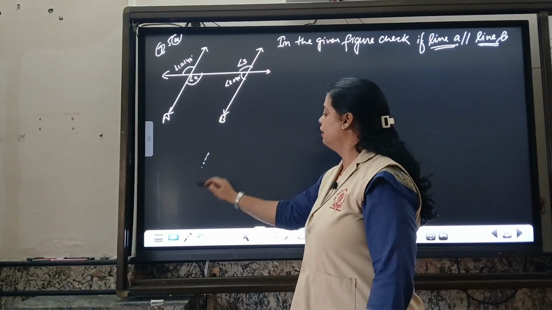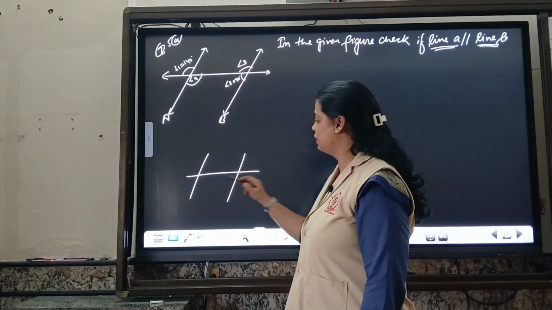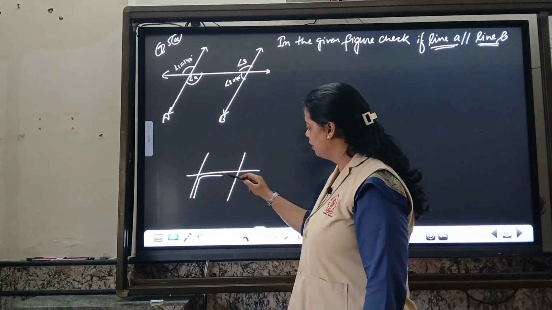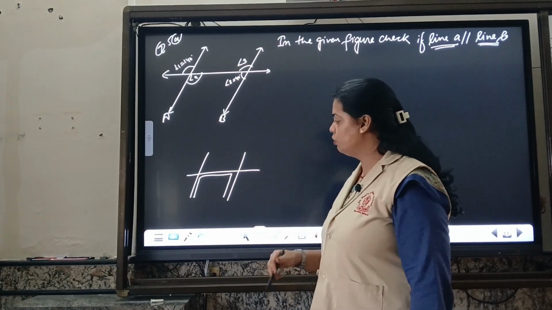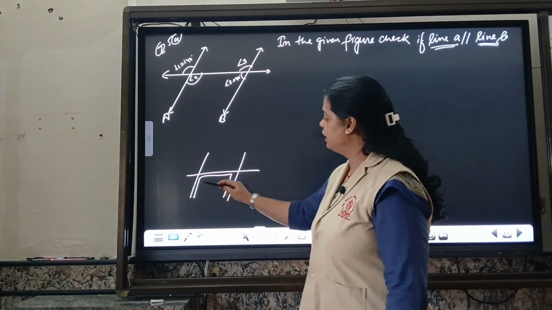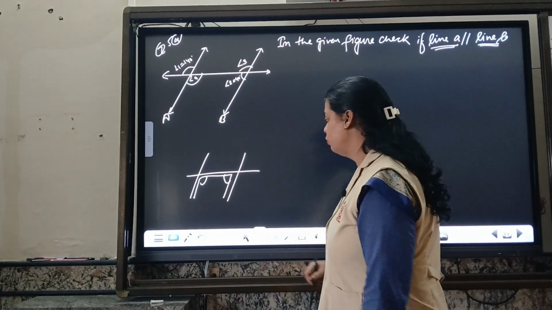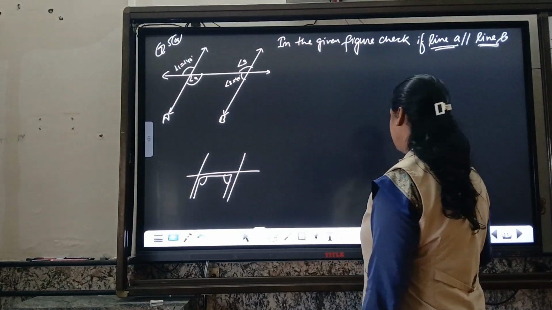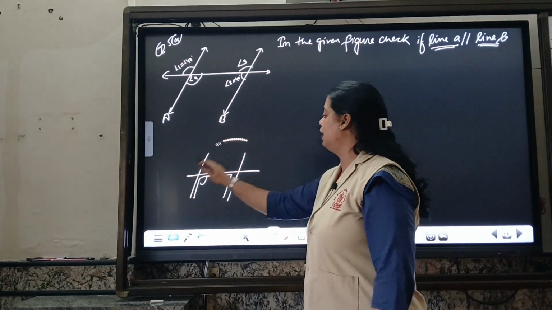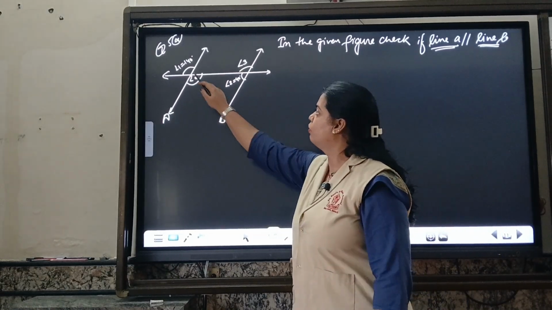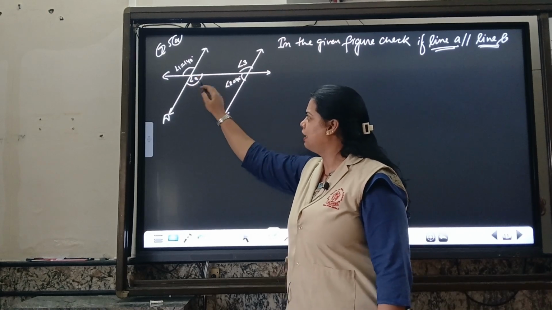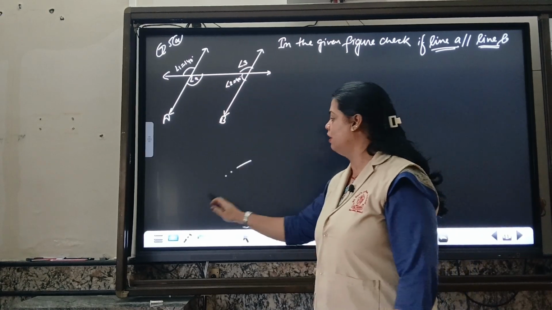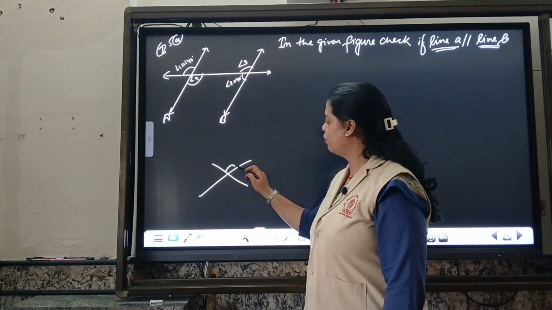So you can see two lines are parallel and one transversal line. So we have C, U or whatever you can observe. These angles that form a C or U are known as co-interior angles. But we don't know what is the value of angle A, which is an interior angle. We don't know, but we can compare: angle 1 and angle A are equal because they are forming a cross. Those angles forming a cross are equal.